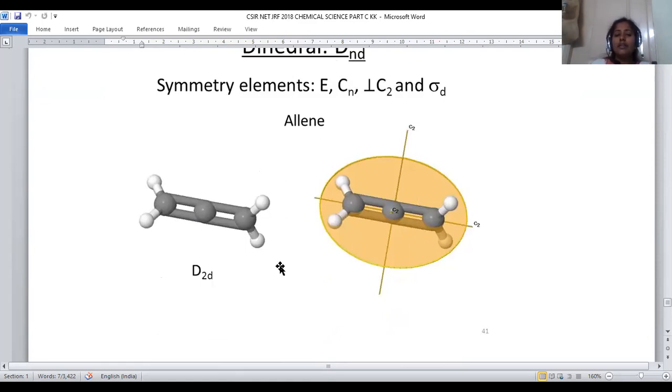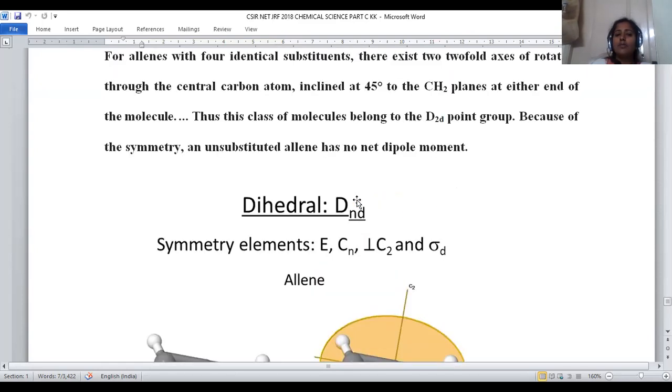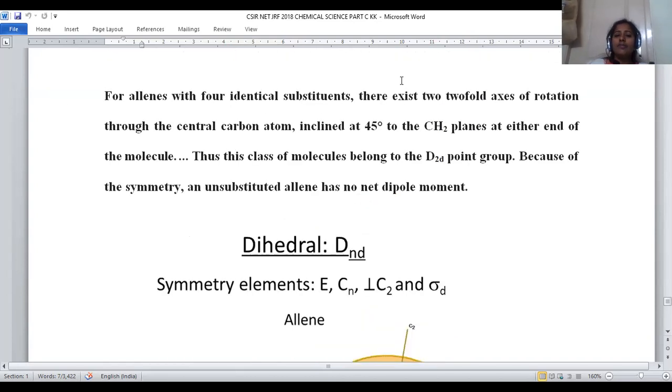And the symmetry elements residing in this molecule will be the identity element, the C_n axis, the perpendicular C2 axis, and also the sigma_d symmetry given by this one. Because of all these symmetry elements present within the allene molecule, it is said to be a symmetrical top molecule. And here one more thing needs to be discussed: in this allene molecule, even